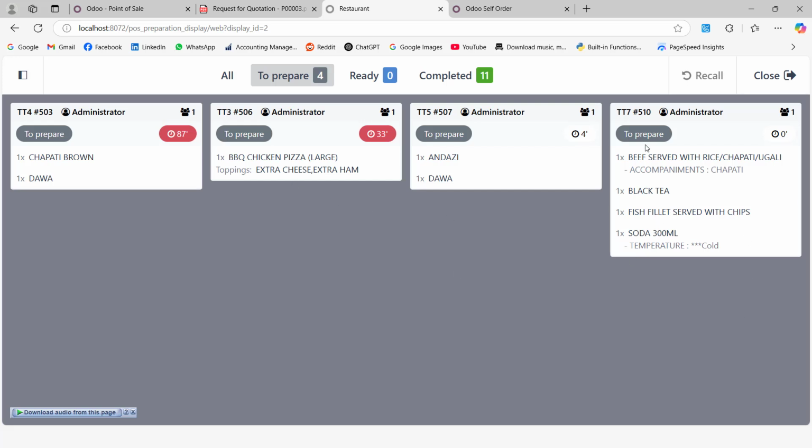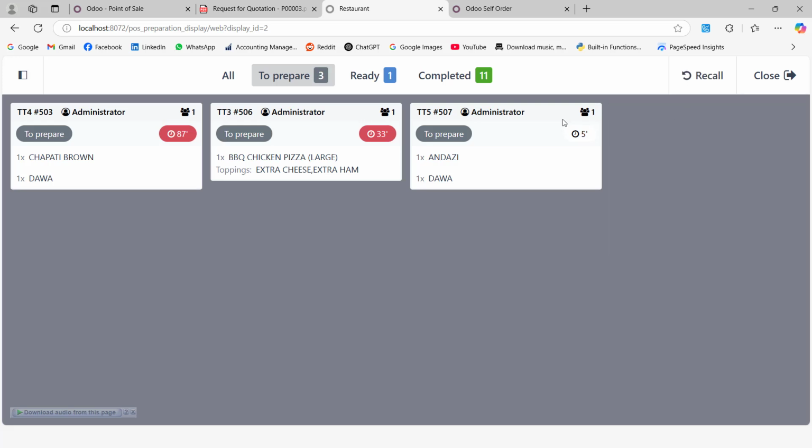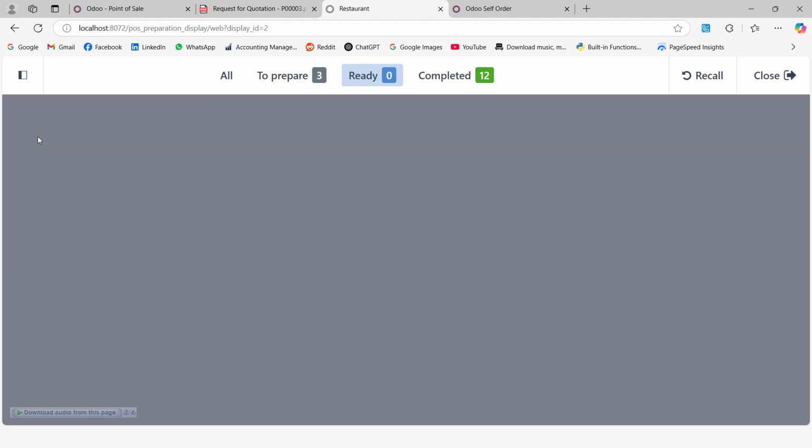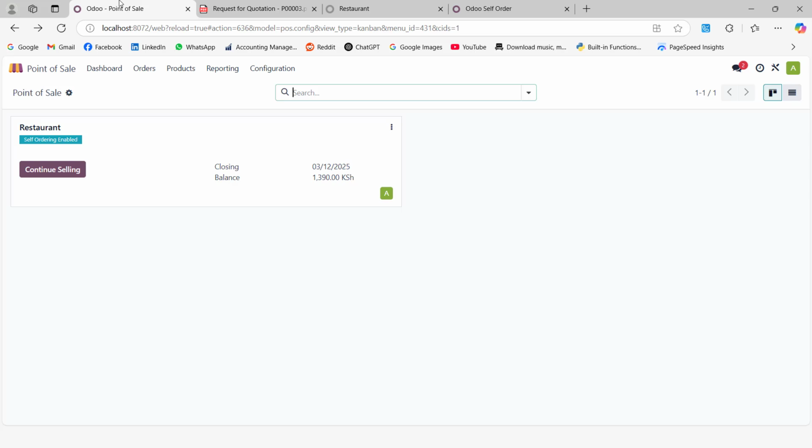Okay, so the chef continues to prepare it, and once it's ready, the chef can touch a terminal to show that it's ready, and the waiter knows that now it's ready to be taken to the customer. Then they can come here and just move it to completed. So now when the waiter logs in,